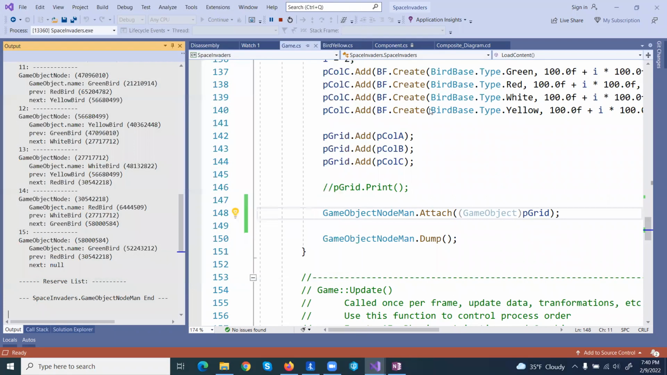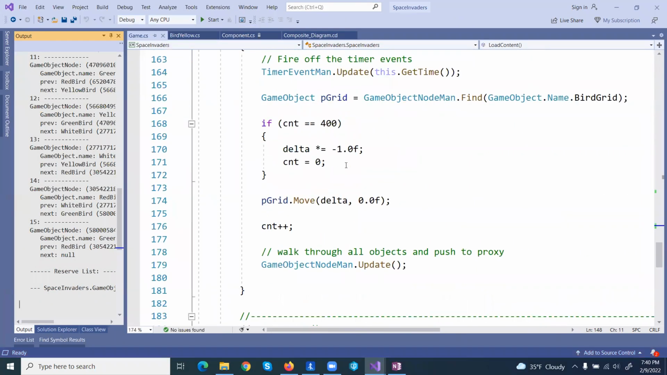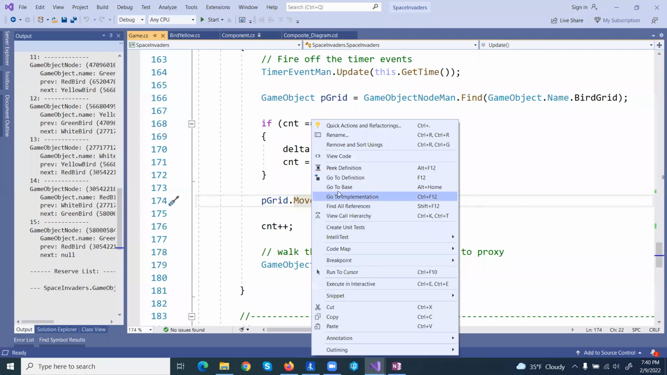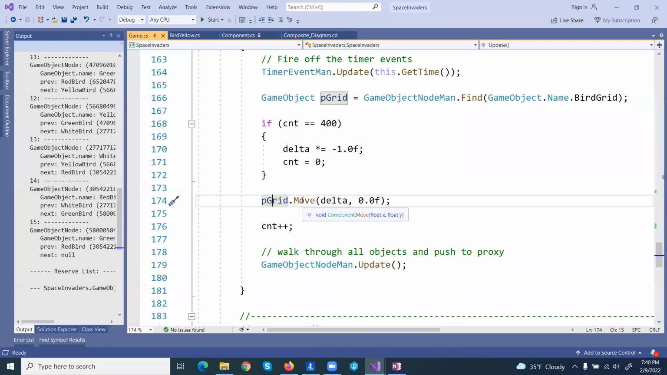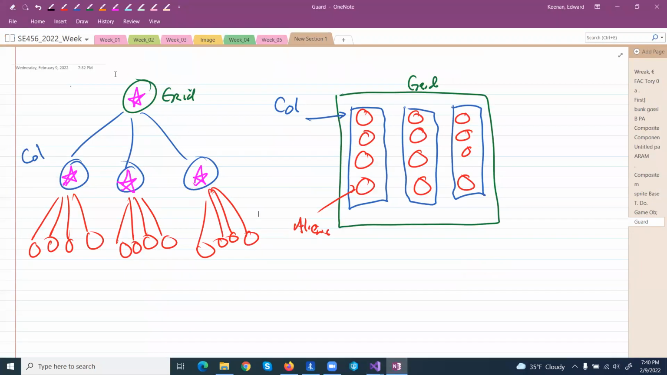But all I'm doing is sending one move command. I'm just sending one move command. And now that move command is on the grid. So it's on the highest node, here, the green. And what it's going to do,